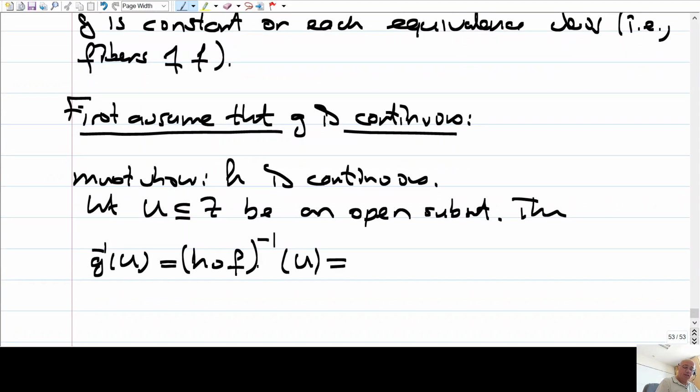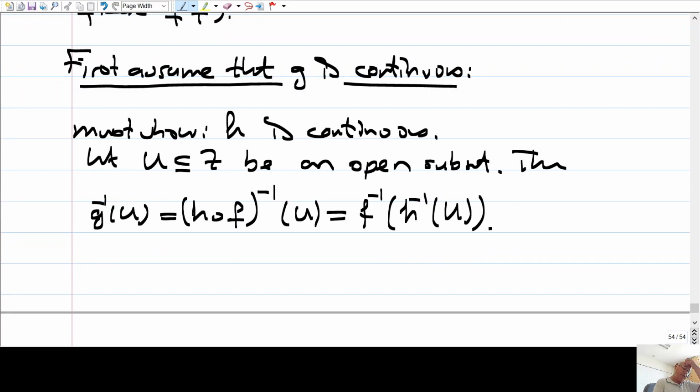Well, if you take the inverse image of a composition, that is the inverse image of U under H, and then you take the inverse image under F, right? You switch the order. Well, we have this,